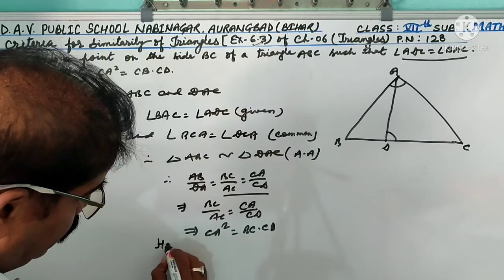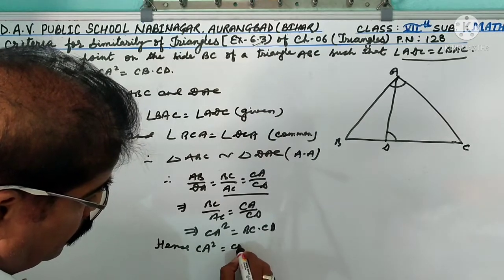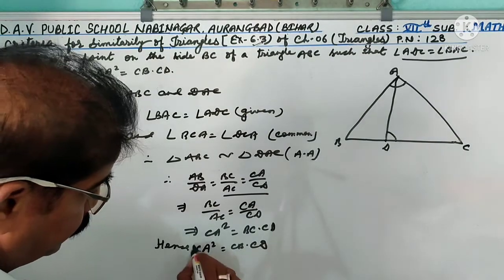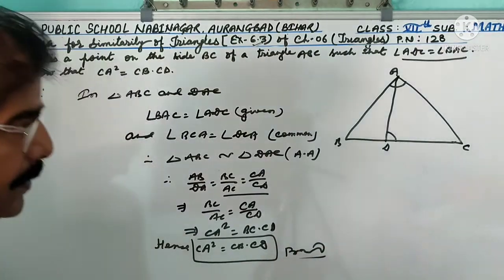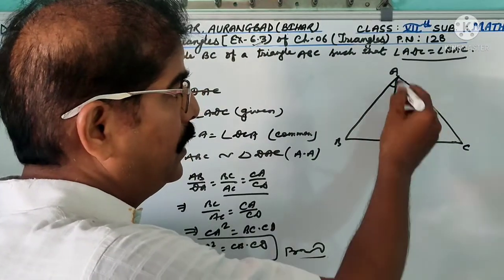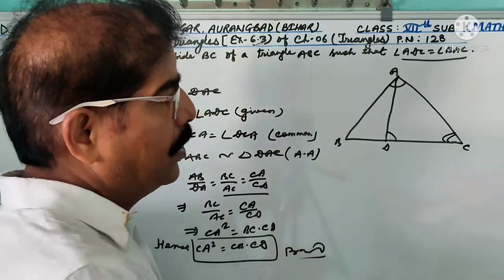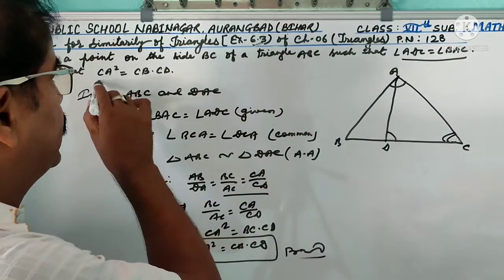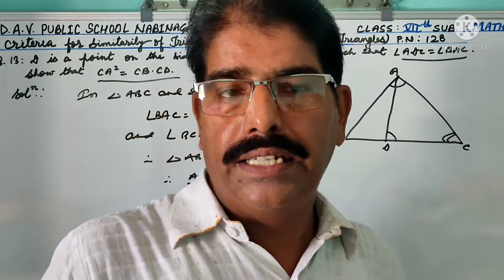Hence CA square equals CB into CD. Proved. Yes friends, here angle BAC equals angle ADC and this angle is common, so both triangles are similar, and by the criteria of similar triangles CA square equals CB into CD. And the next question is